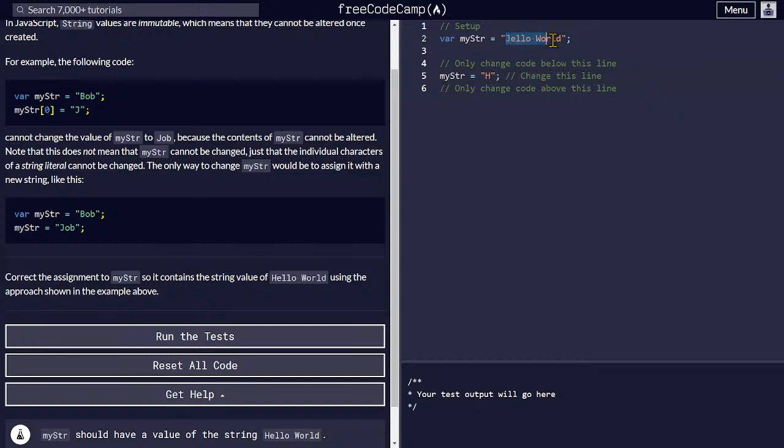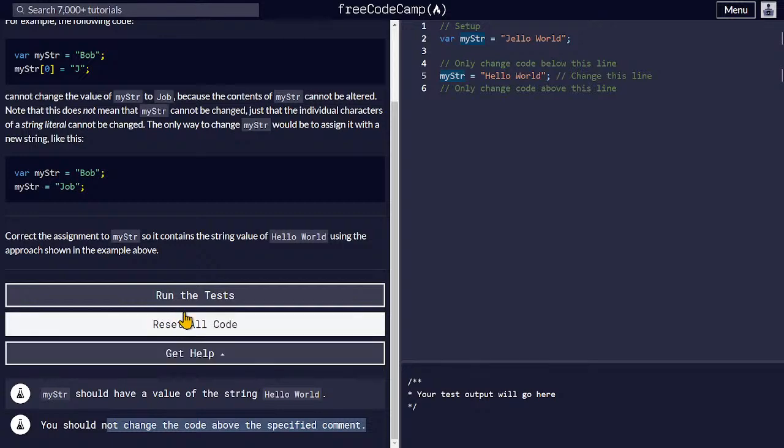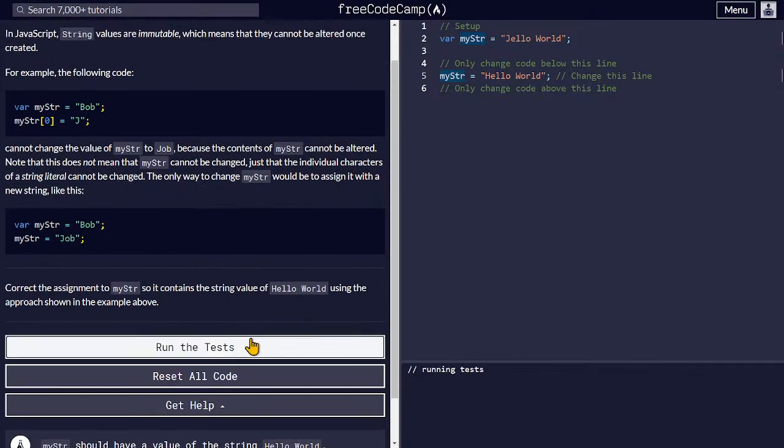Copy the whole of this, paste it in here, and delete this. So we are changing the whole string of this variable. My string should have the value of the string hello world. Now you should change the code above the specified comment. So if you run the test,